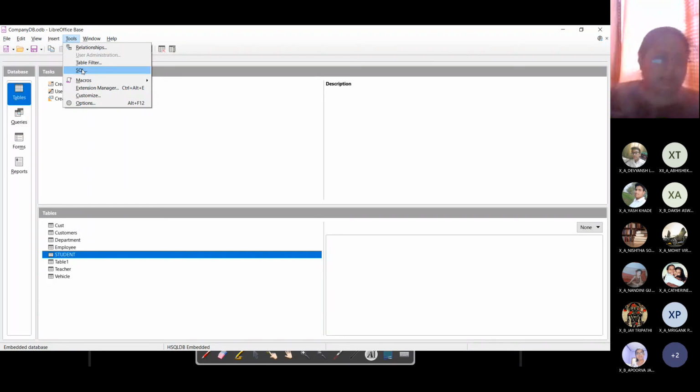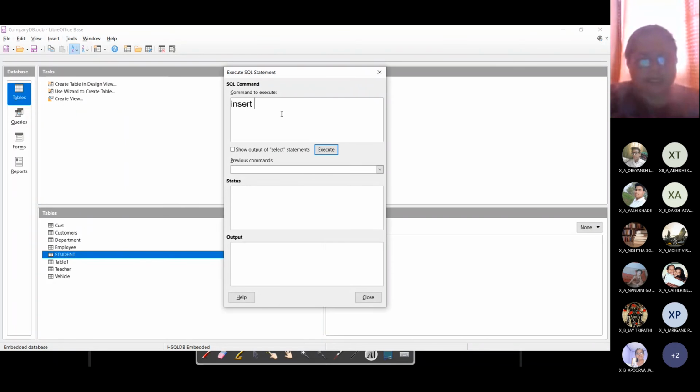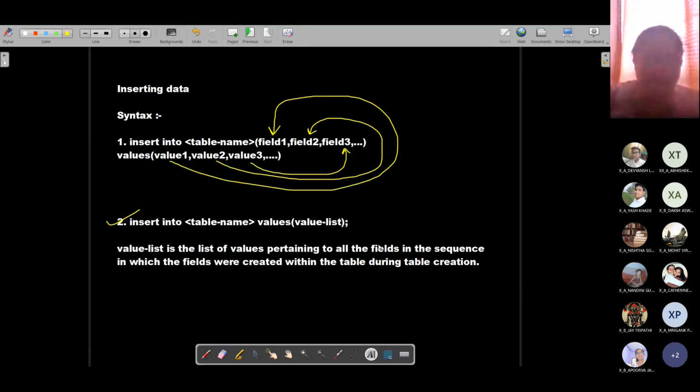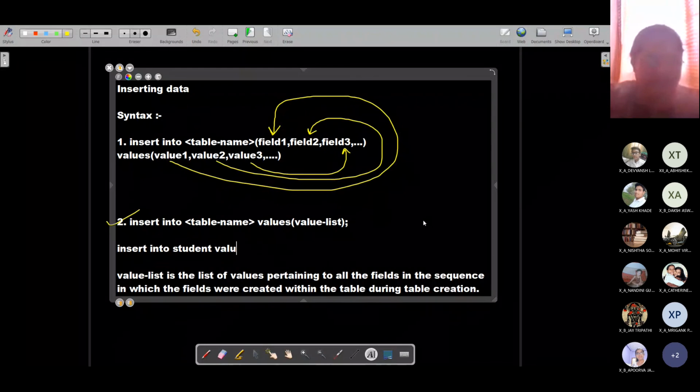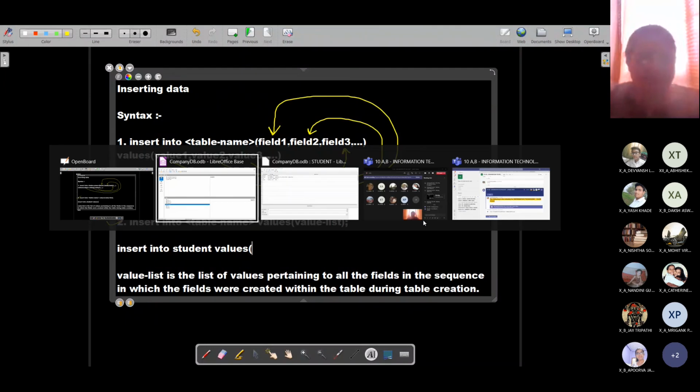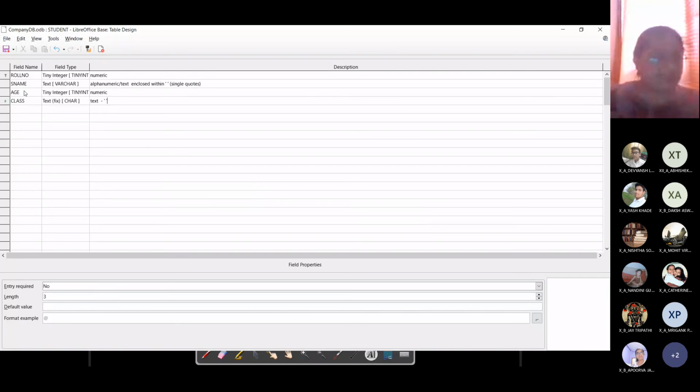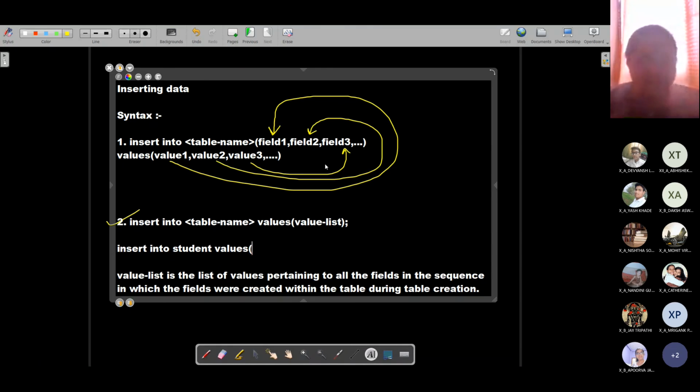So I'll go to tools, SQL, insert into the name of the table. Table name has to be there. Okay, first let me join it with this. So let's see an example. Insert into table name. So table name is what? Student. Values. Now 4 values are supposed to be there. Roll number, S name, age, and class. Okay. So for roll number, I am entering 1. Okay. Second is S name, which is varchar, which is textual data. So that has to be enclosed within single quotes. Suppose I am entering this, Amit Raj.